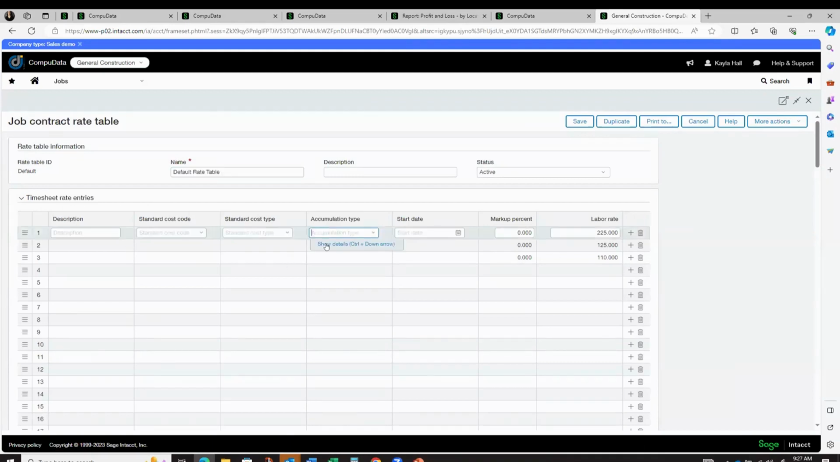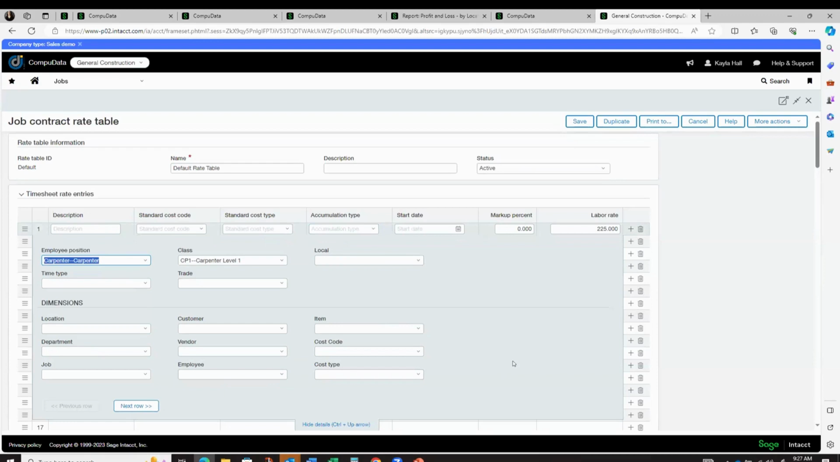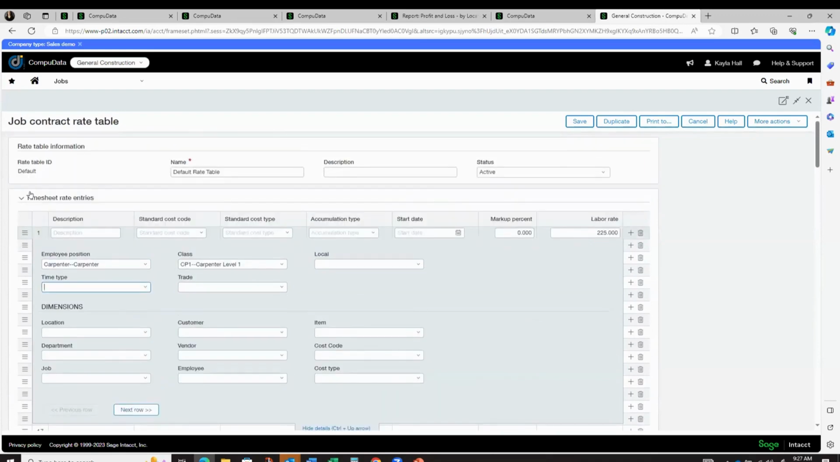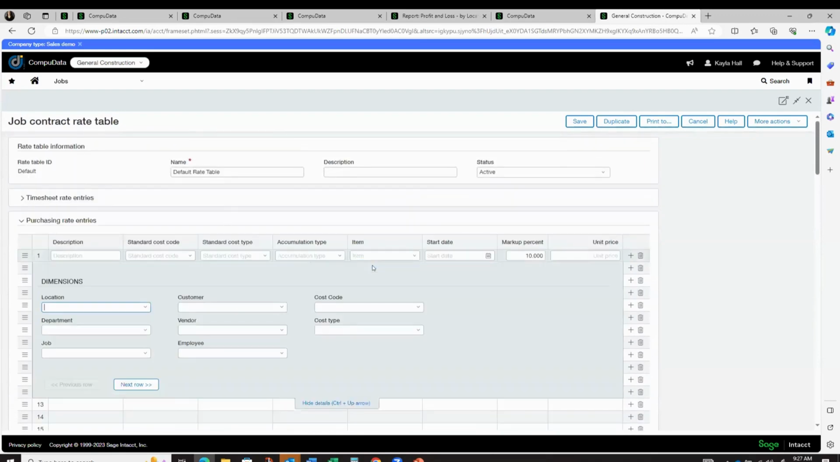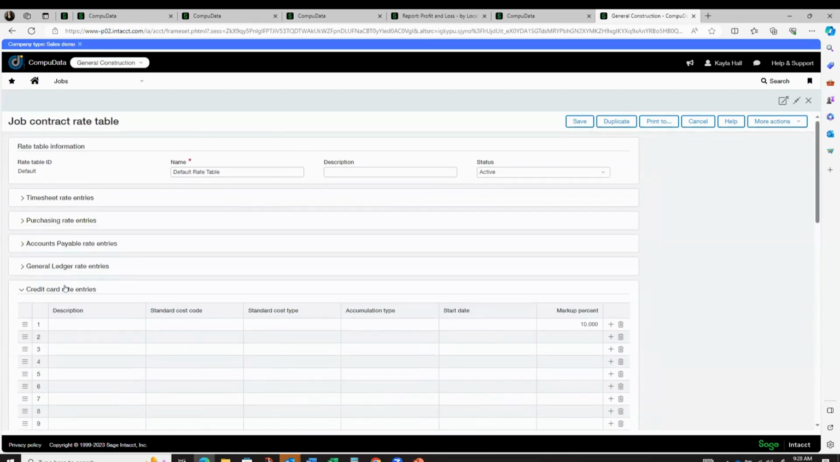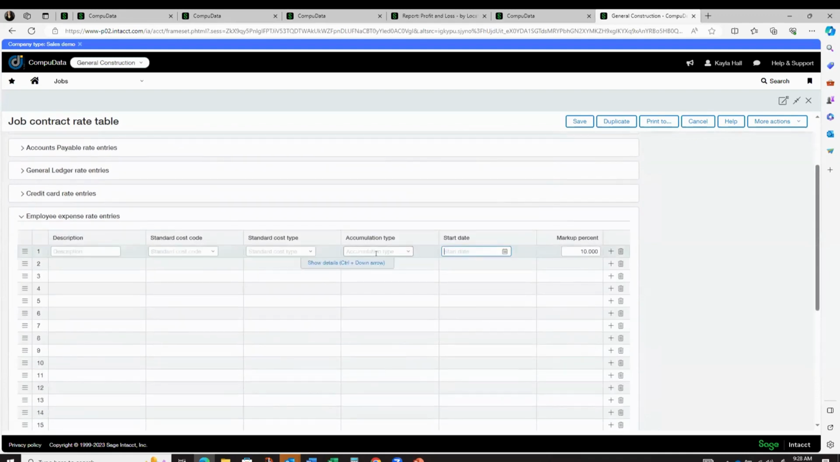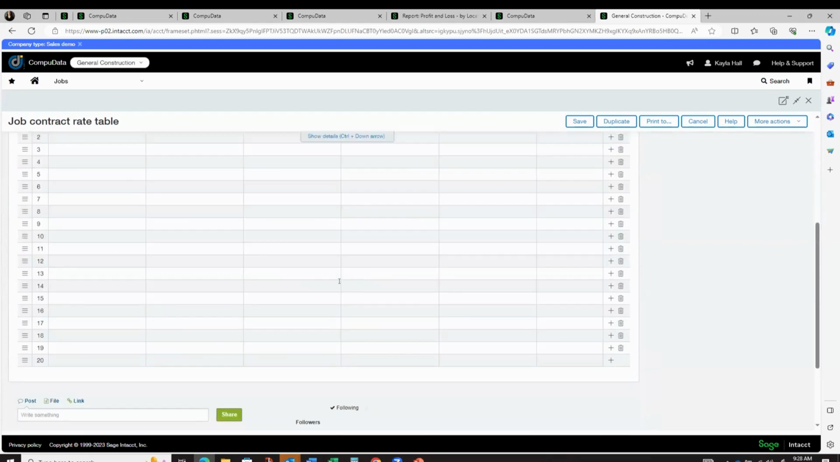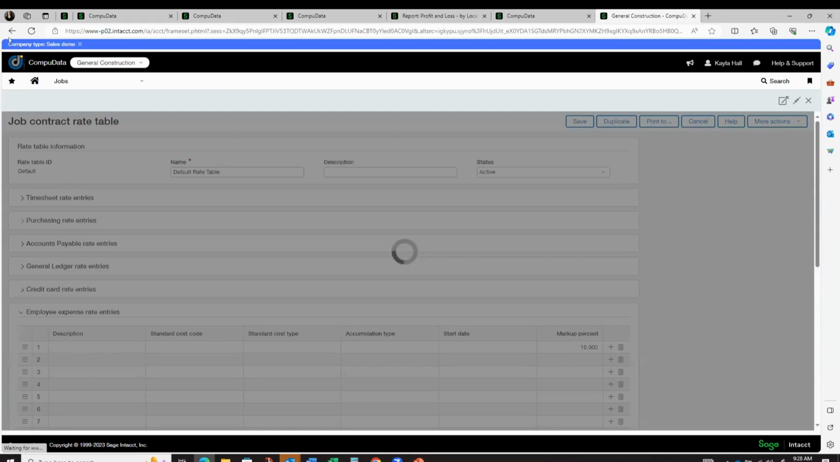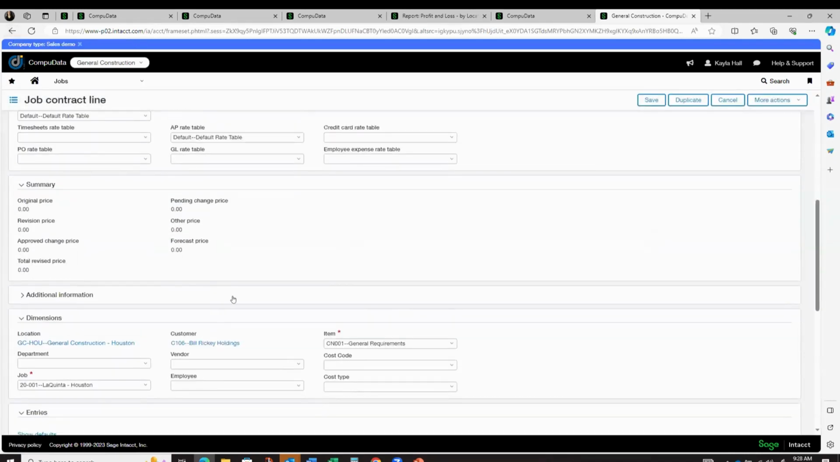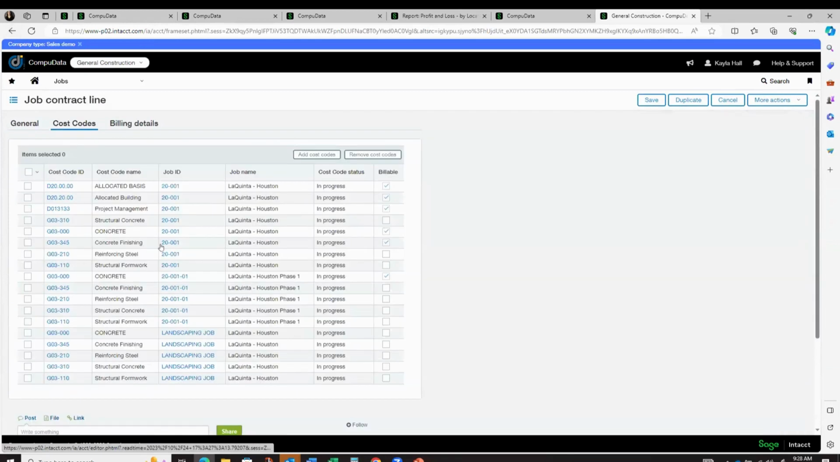So here's a timesheet rate entry. If we show details, you can see all of the dimensions across Intacct. We've got location codes, trade codes, class codes, employee positions, time types. Again, any one of these combinations can create a specific labor rate or a markup percent. So if we consolidate timesheets, purchasing, same thing. We have all of the dimensions. We can create a markup percent, a unit price rate, AP, GL, credit card, employee expenses. All of these different modules, we can create different markups for, really giving us a lot of flexibility in creating T&M billings. So going back into my contract line, and then the way that you would assign cost codes,